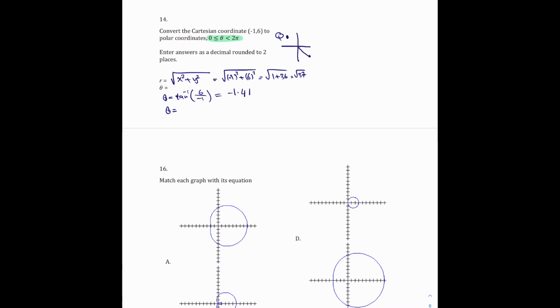Okay, negative 1.41 is approximately here. And we need to find the positive value. So we're going to add a full pi to get it back into the same quarter here. So we're going to say plus pi, which is going to be 1 period for tangent. And that is going to give us 1.74